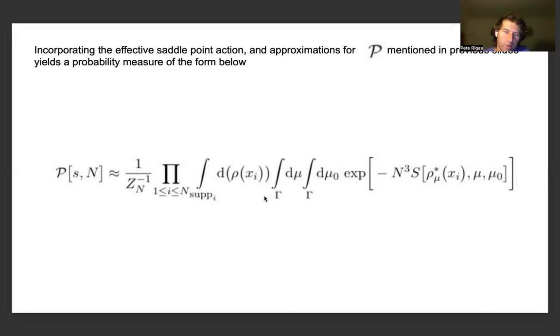The support of the probability measure corresponds to the product of the supports over each one of the xi that the Riesz gas occupies over the real line, as a product over i between 1 and n, as well as an integral over some path gamma over the real line with respect to d mu, as well as another term with respect to d mu naught, which is representative of the exponential of minus n cubed times